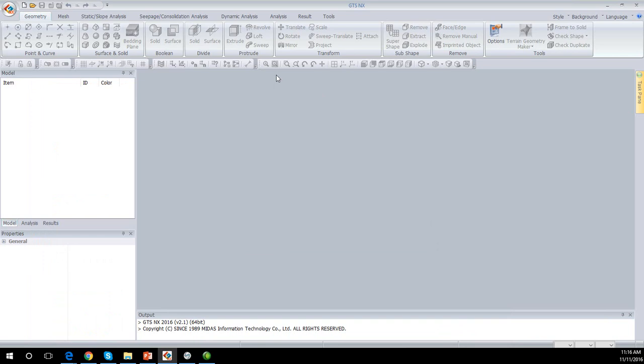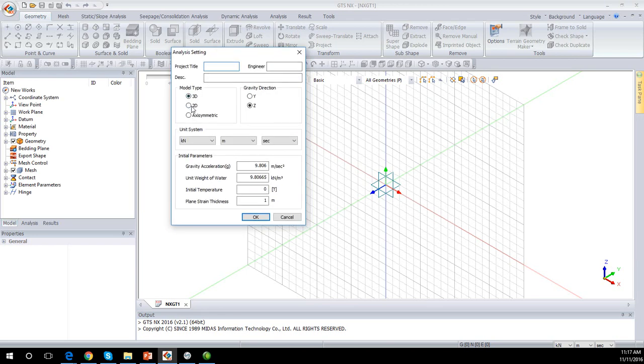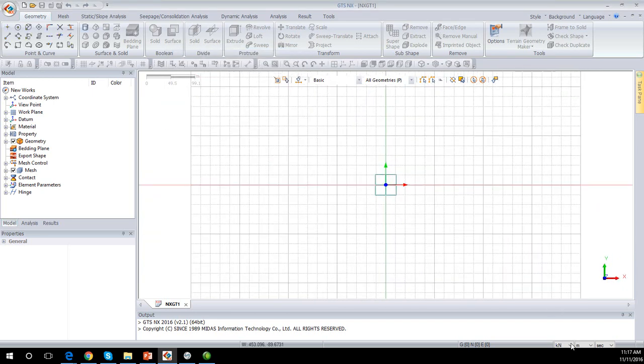So this is our GTS NX interface. We will start the new project by clicking on New. This will prompt a new window that will allow us to select if we're working on one of the 3 model types, 3D, 2D, or axisymmetric. In this case, we will be working with 2D, and we will leave the units as SI units, but you can change them to any setting you like, be it at the beginning of the modeling or at any other point. Down here, you can see we're now working in the YX plane,